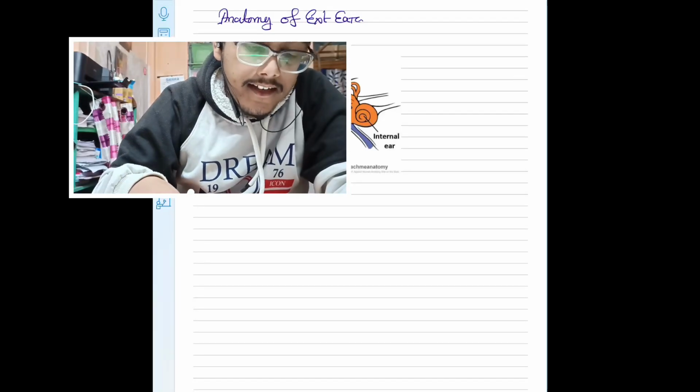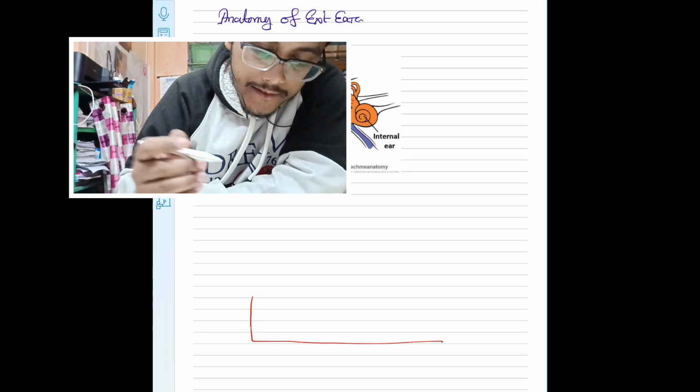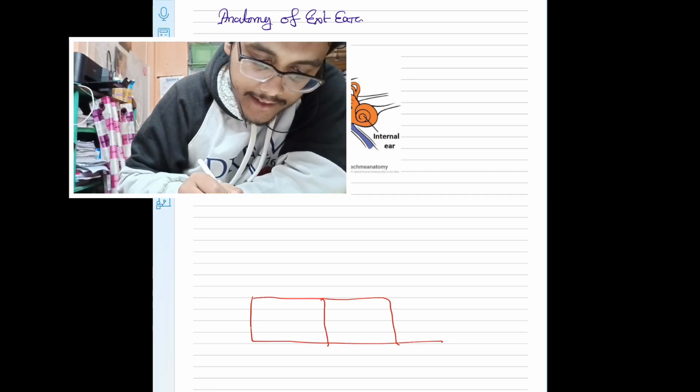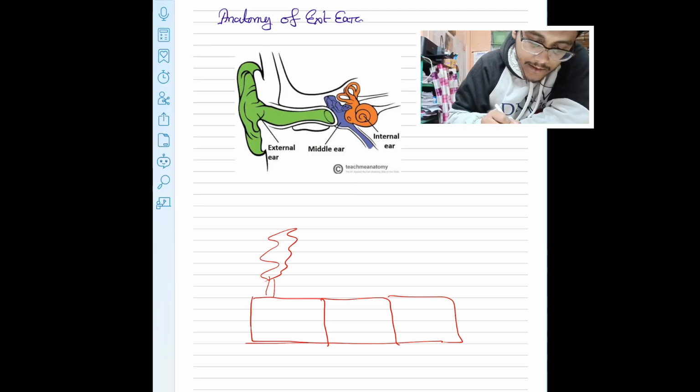So let's discuss the anatomy of the external ear. We can think of the ear as a train of three compartments. The outside compartment, the most external, is the external ear. Then the middle compartment, also known as the middle ear,